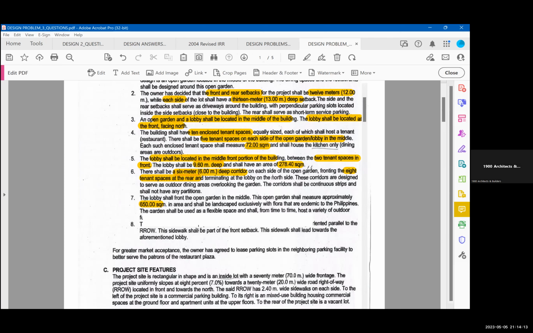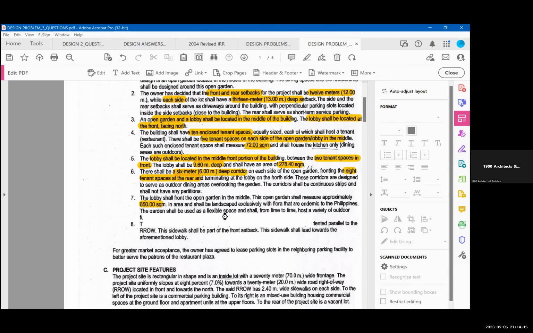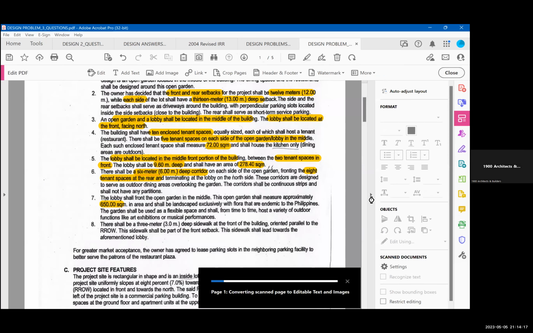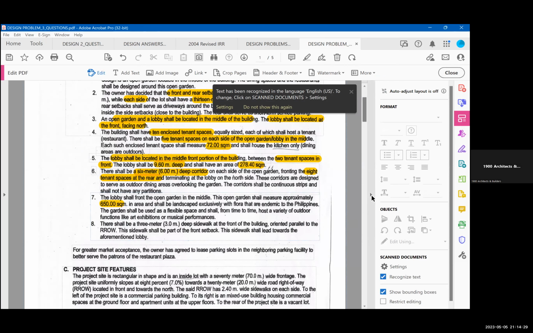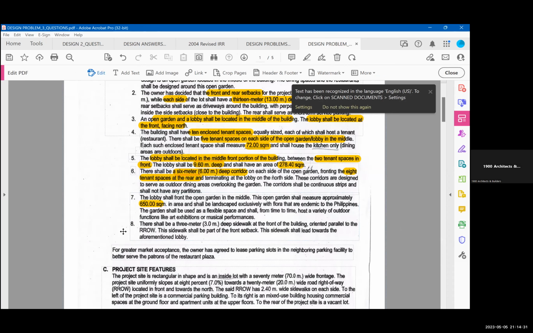Wait lang. Ayan. Okay. Nasa na ba ako? Outdoor functions like art exhibitions or musical performances. Okay. Number 8,